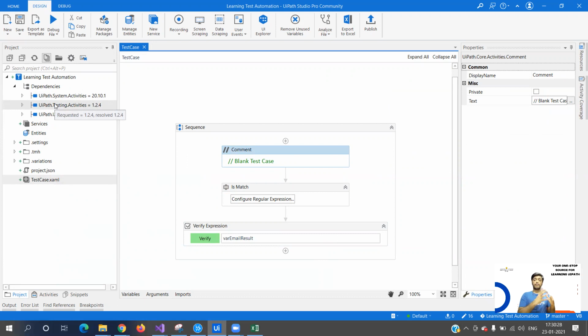For example, if you have a process created and you want to utilize that process in your test case, then you can simply install this package. There is no need to recreate the complete workflow in the test automation. But I would advise, if you are trying to do automation testing or application testing, just create a test automation workflow, which is available only in Studio Pro, as we read in the documentation as well.